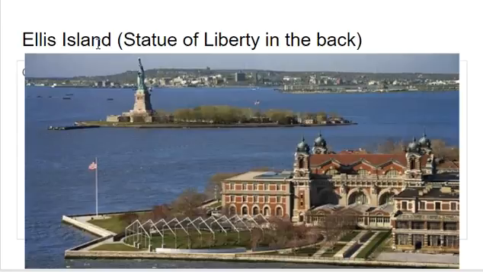And this is Ellis Island. So if you're an immigrant and you're coming from Europe, this is where you went. Ellis Island is right here. It has these buildings and these four little pointy things. So that's where they would go. They would process you. But just about every single immigrant who came from Europe went to Ellis Island. And this is the Statue of Liberty. It's in the background. That's usually the first thing they would see.